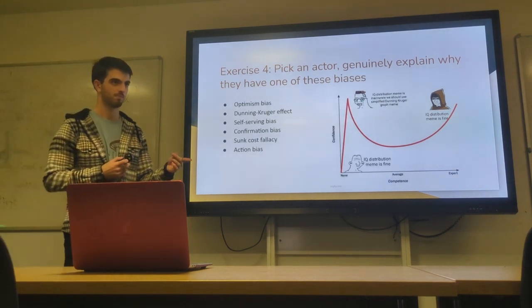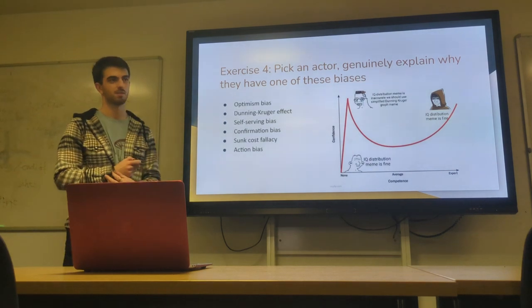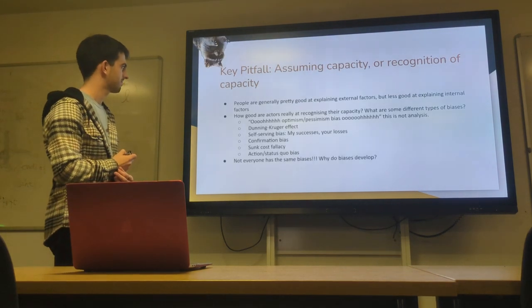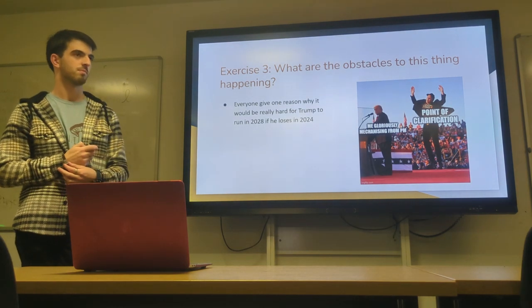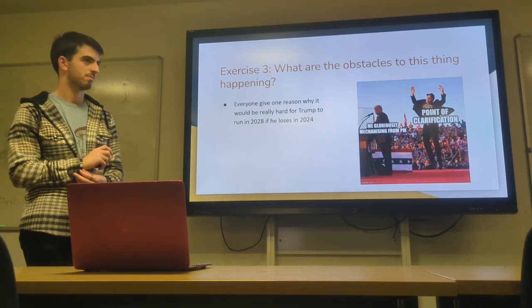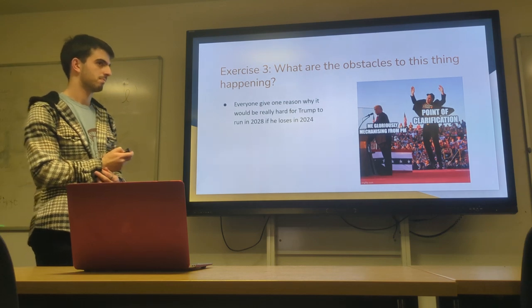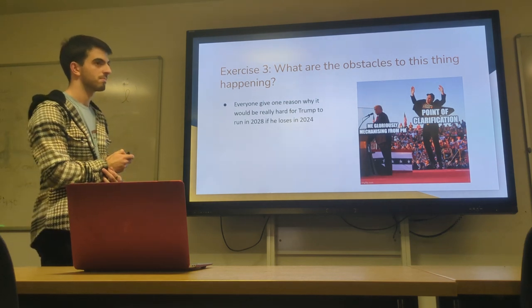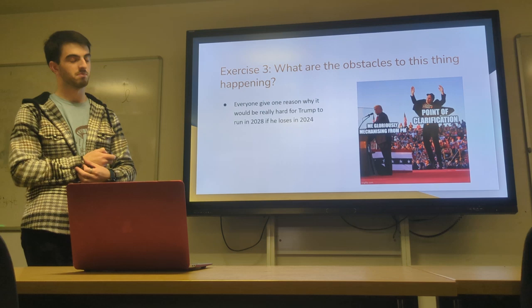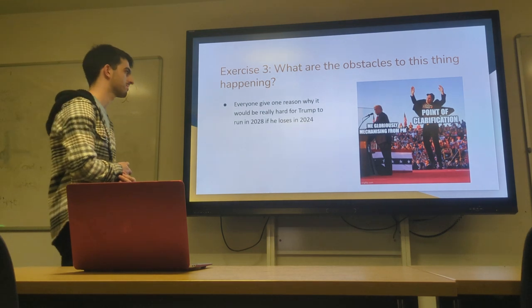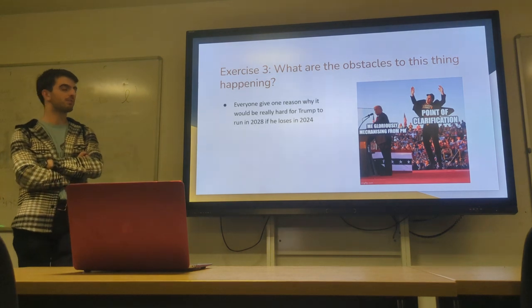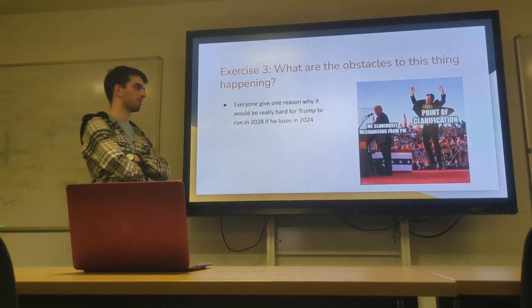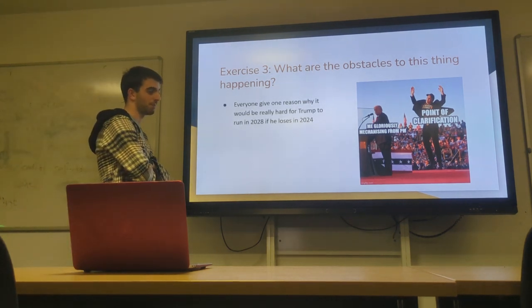Sorry, this is a question from a couple of slides ago, but it's a question I didn't realize I had, and then somebody did. On the difference between capacity and incentive, if you had asked this exact same question, but saying everyone give one reason why Trump wouldn't want to run in 2028, having lost in 2024, many of the reasons would have been identical. So how do you differentiate then why Trump doesn't want to run and why Trump can't run when those reasons are similar? Yeah, that's a fair question. So a lot of the stuff that people gave were probably just incentives. They're not things that actually stop him from running.